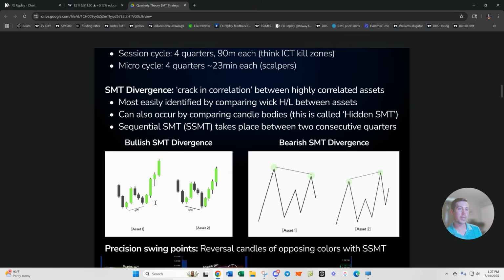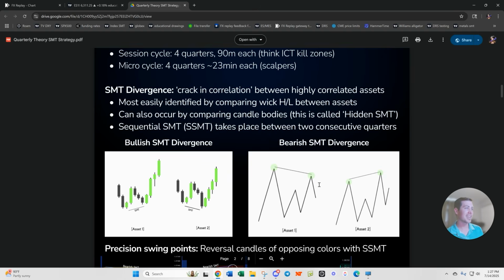Asset one. Yep. Because it made a higher low, whereas this one made a lower low. And then same thing on the right. Which of these is showing relative weakness? Yep, asset one. So the one that made a lower high is the one where you'll be interested for bearish